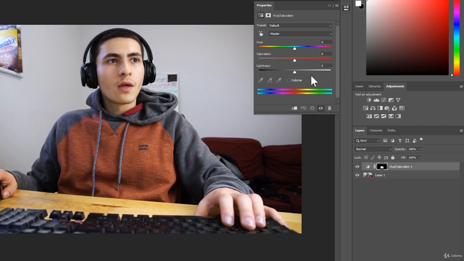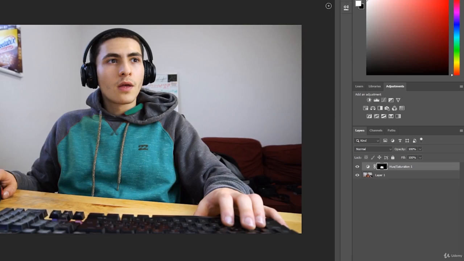We see that it has created a hue and saturation layer over only the bit that the quick selection was over. Now, to change the color, it's as simple as getting this slider up here and sliding it over to whatever color we want. We saw what it was like with the purple, and it's live. We can change this color to whatever we want. In fact, I'm kind of liking this bluish color right here. I think I might just go for that. So we can then hit the arrow, and just like that,